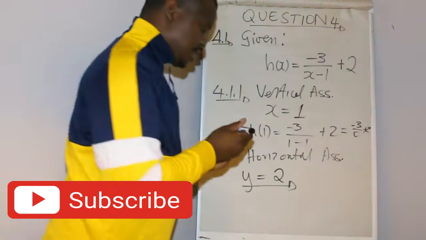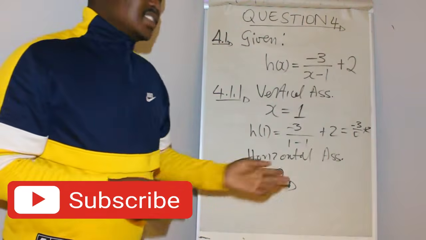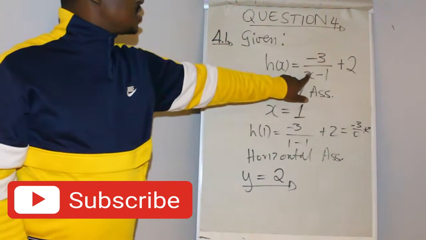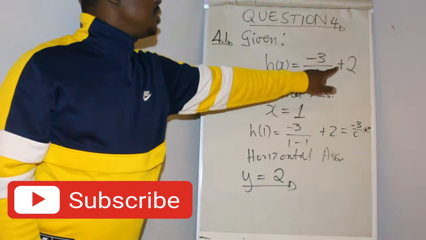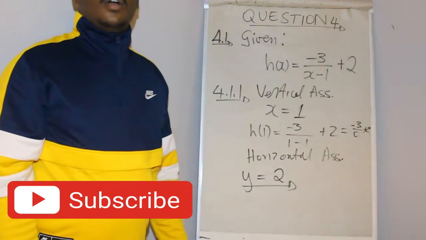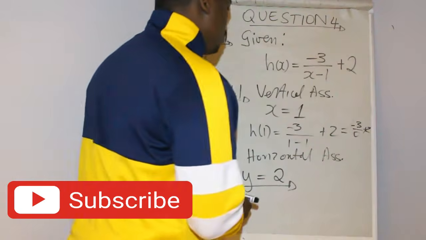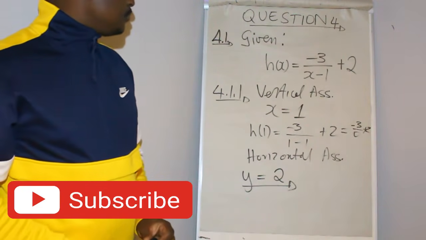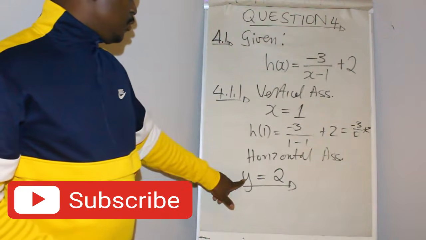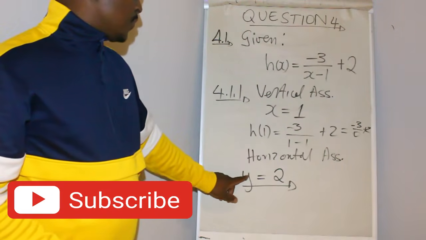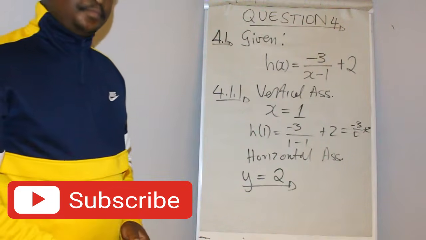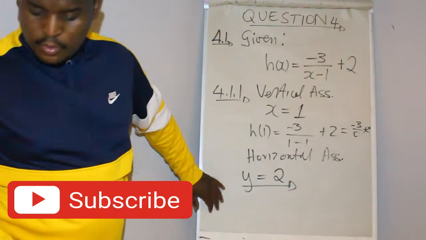This is your horizontal asymptote. This is how you answer this question. So just x is equal to 1 and y is equal to 2. So these are your asymptotes. Okay, let's leave it here. So let's go to the next question,